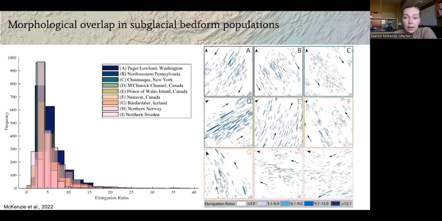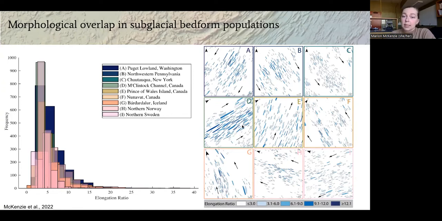And here I am calling up the boxes I brought up a few slides ago. This is the spatial distribution of elongation across all sites. And so the more elongate bedforms, indicated by dark blue, at almost all sites are pretty well interspersed with low elongate bedforms, indicated by white and light blue. This is the case that streaming is dynamic and we have these formations of bedforms intermixed with one another, but